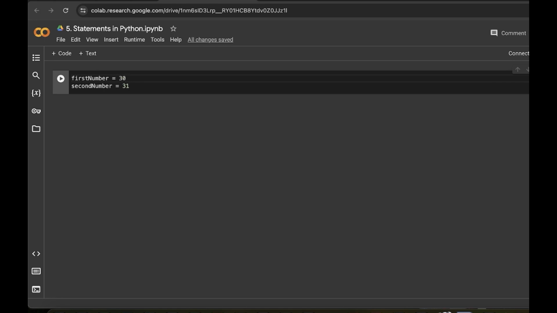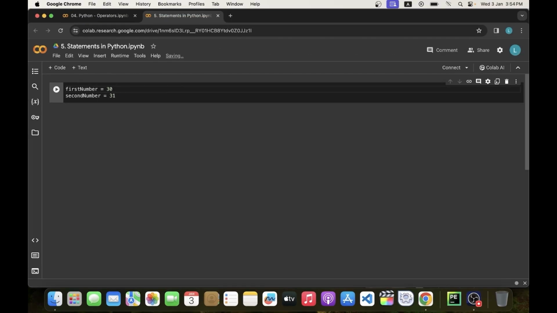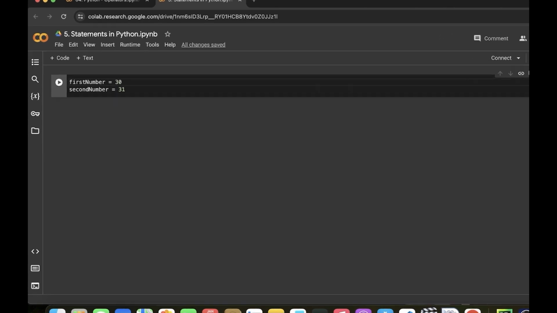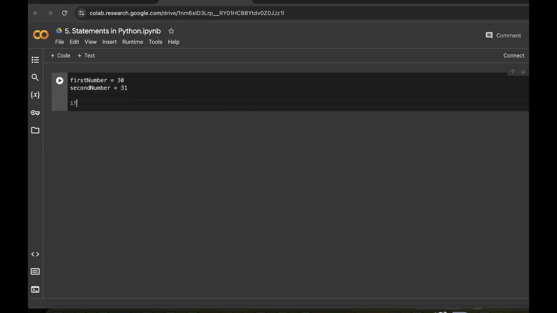Well, when we need to do something on condition, like we can say if first number is greater than second number, then add two values, otherwise multiply two values. In such scenarios, we can use the if statement. Let's try it. To write if statement, we need to use the keyword if, then the condition if first number is greater than second number,